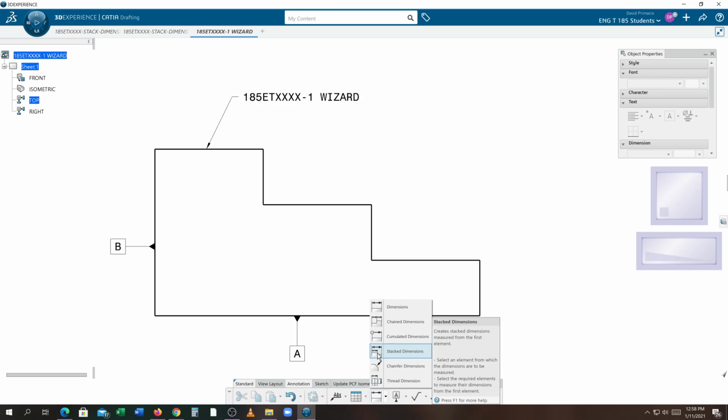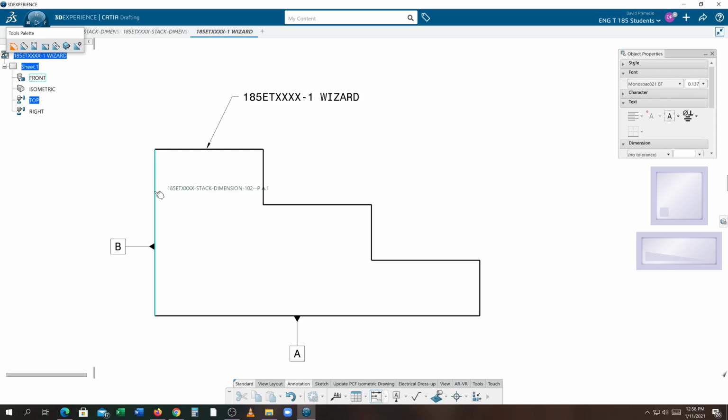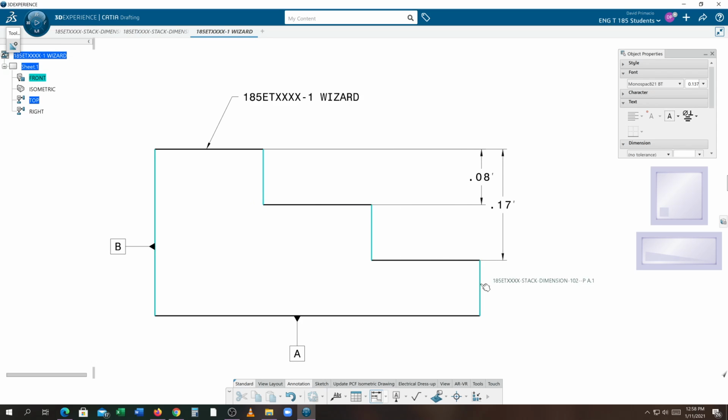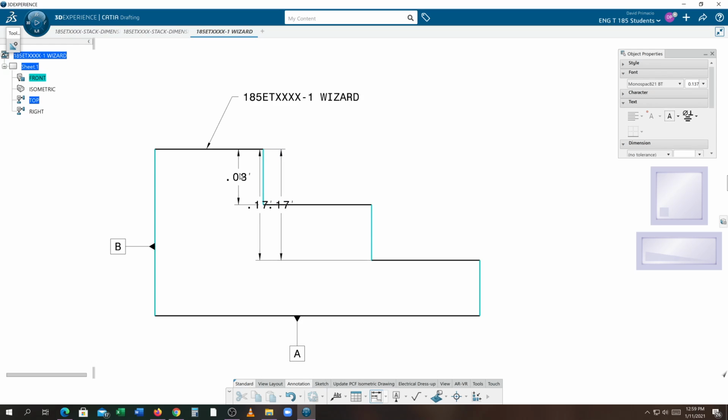Okay, so stack dimension is known as several things, but basically it's creating all dimensions from a datum. We've identified the datums and now we can dimension from the datums. I'll select stack and I'm going to try and select in a row these lines, and all of a sudden it switches like this, and that's not what I was trying to do. I was trying to get my stack dimensions to go this direction, all the horizontal ones, so I'm going to